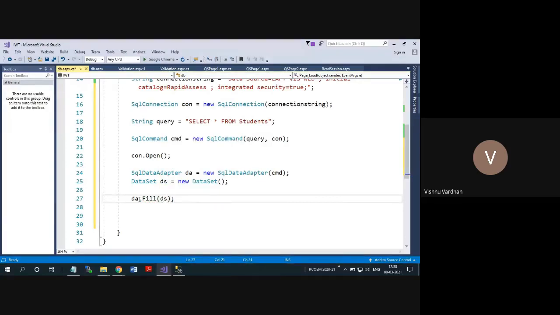That means this data adapter is hooking onto the database by using this connection and fills up the information coming from the database into this dataset. So this data adapter is using this command. The command has the query as well as the connection. Everything is available in this command, so we take that information to fill up the dataset with whatever query we have given.